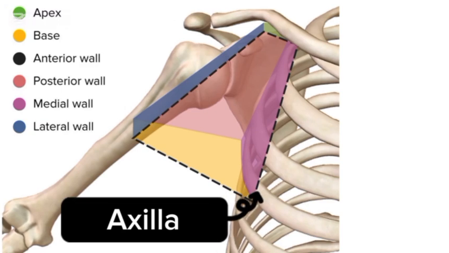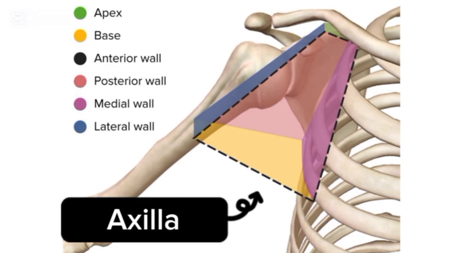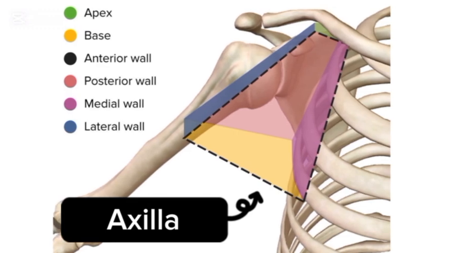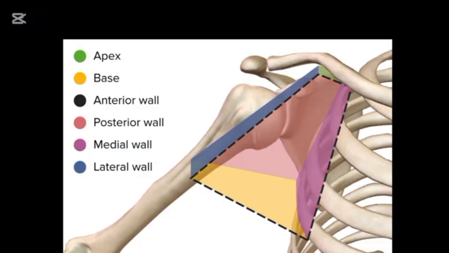So starting with the axilla, it is a pyramidal shaped area that allows for the passage of neurovascular and muscular structures, e.g. the brachial plexus and the axillary vein, to enter and leave the upper limb. Note that the nerves of the upper limb arise from a complex arrangement of nerve fibers called the brachial plexus. So back to our axilla, it is located just beneath the glenohumeral joint at the junction between the upper limb and the thorax. It has different sides, which include the apex, the lateral wall, the medial wall, the anterior wall,